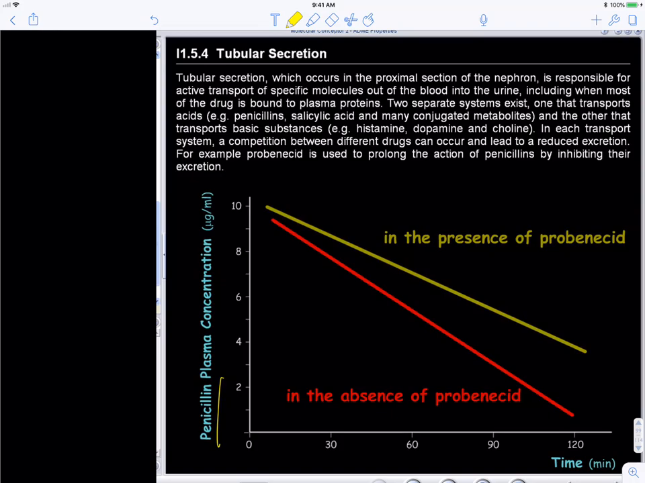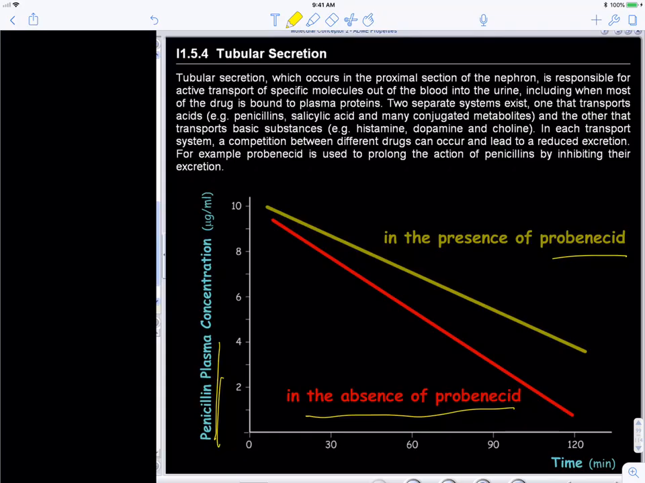And so, for example, sometimes we will add probenecid to the administration of penicillins. Probenecid is a compound used in the treatment of gout, and basically helps the secretion of uric acid, and also happens to compete with the penicillin for the transporter for weak acids. So in the absence of probenecid, penicillin gets secreted out relatively fast,